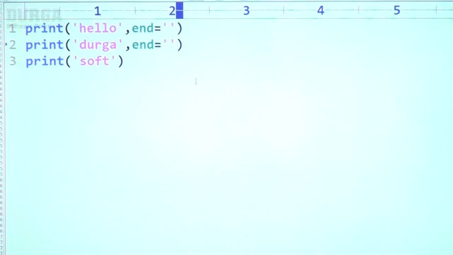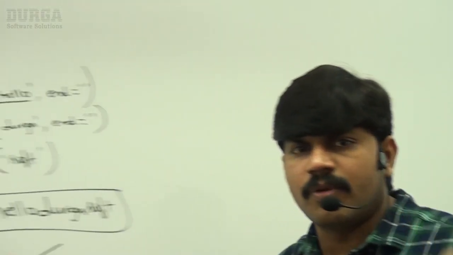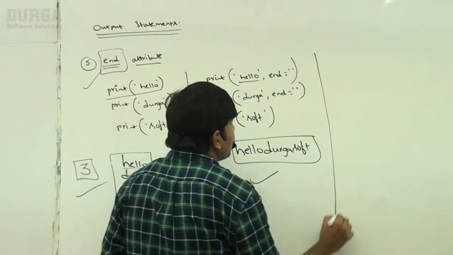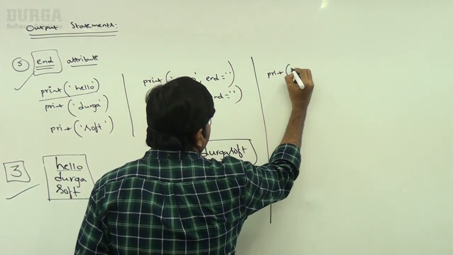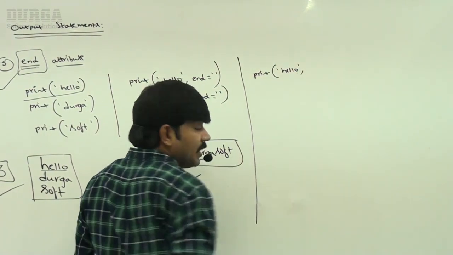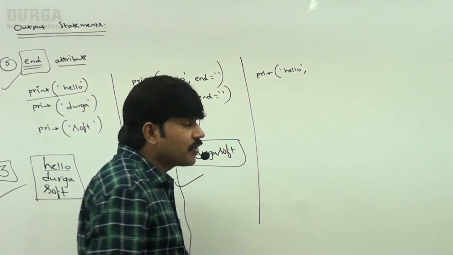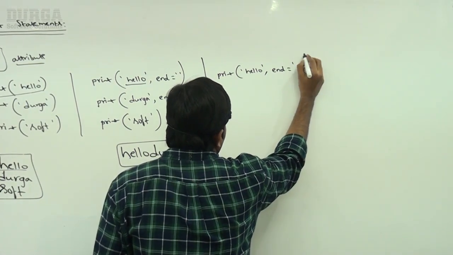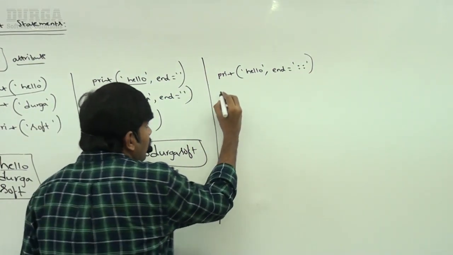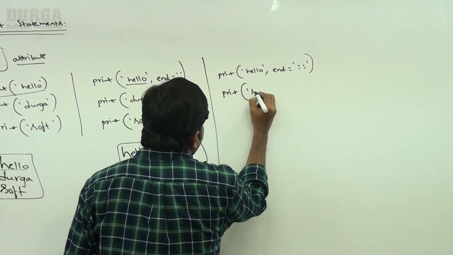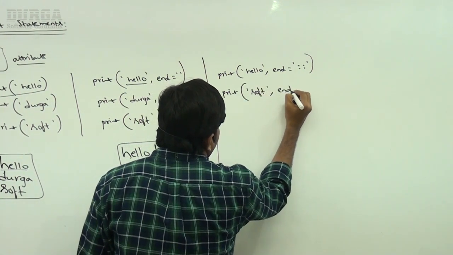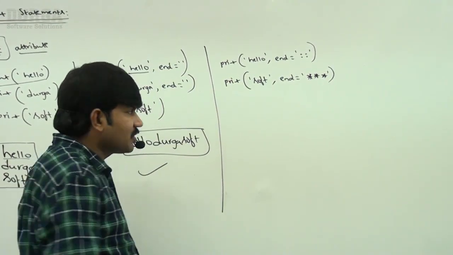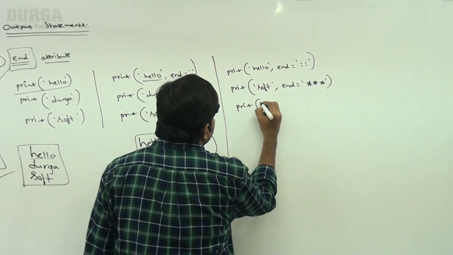That's all. You can specify anything, no problem at all. It need not be empty, anything you can take. Observe very carefully. Print of hello, I am taking hello. After printing hello, which character do you want to include? End is equal to double colon, like this I am taking. Now print of soft I am taking, end is equal to star I want to take. Now observe star. Print of just